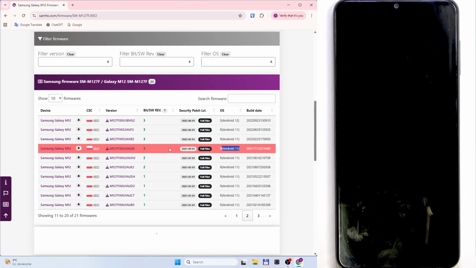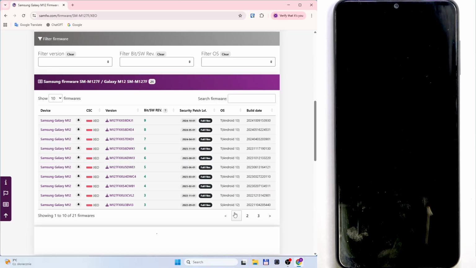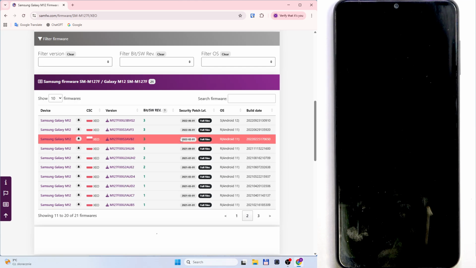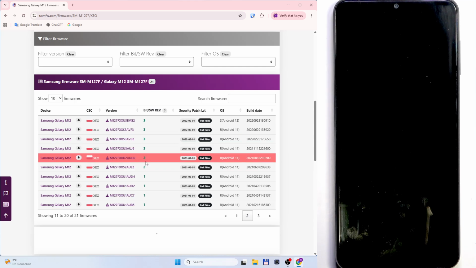This is the oldest thing that you can install, possibly, physically. The newest one, though, is from 2022-11-01, which is Android 13, so that's 2 versions up. So here you can downgrade 2 versions down from this 3 to this 3. But there's no chance you could ever possibly downgrade to 2. But also remember, when it comes to not losing the data, you cannot downgrade to an older version at all,